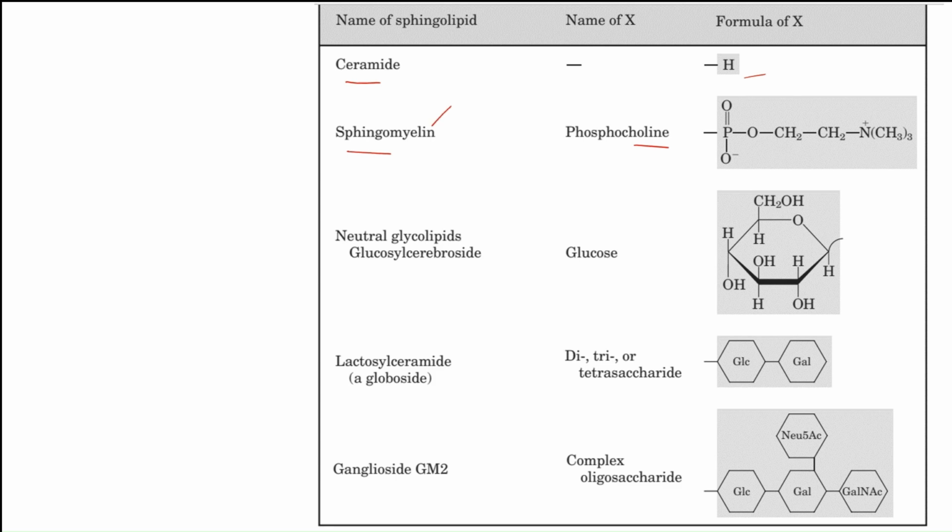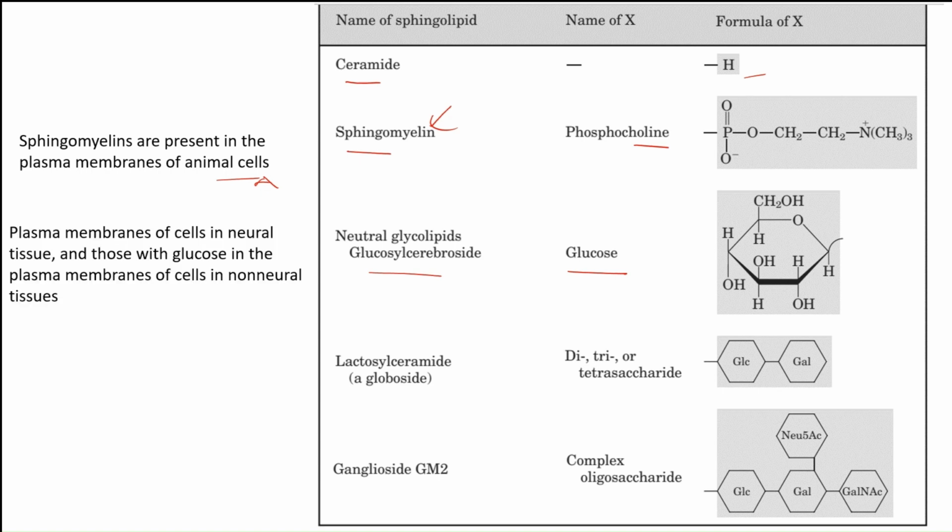Where is it found? Myelin. That means in the myelin sheath. So it is found in the plasma membranes of animal cells, and that too neural cells. Next is glucosyl cerebroside. That means it contains glucose. So this is a glucose unit. That means the bond will be a glycosidic bond. This cerebroside we can find in neural tissue, and those with glucose in the plasma membrane of